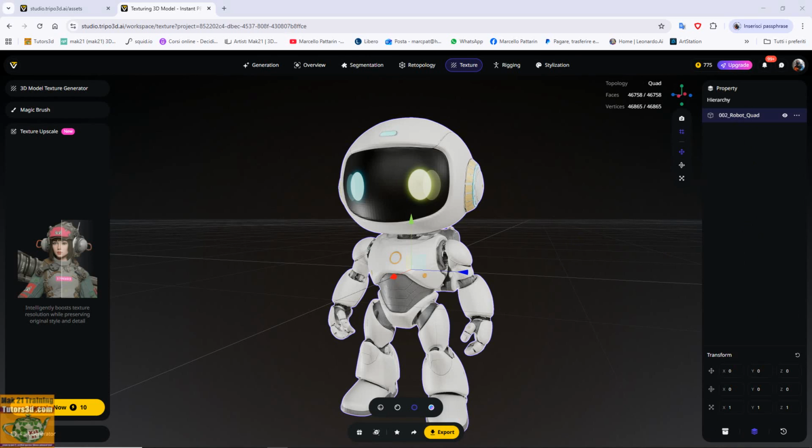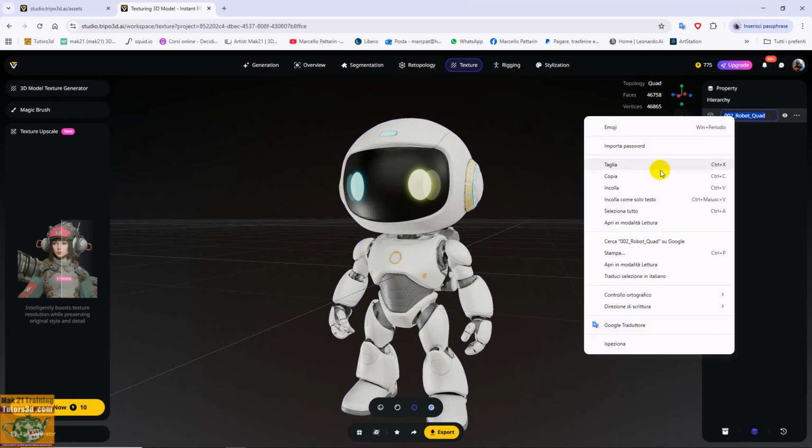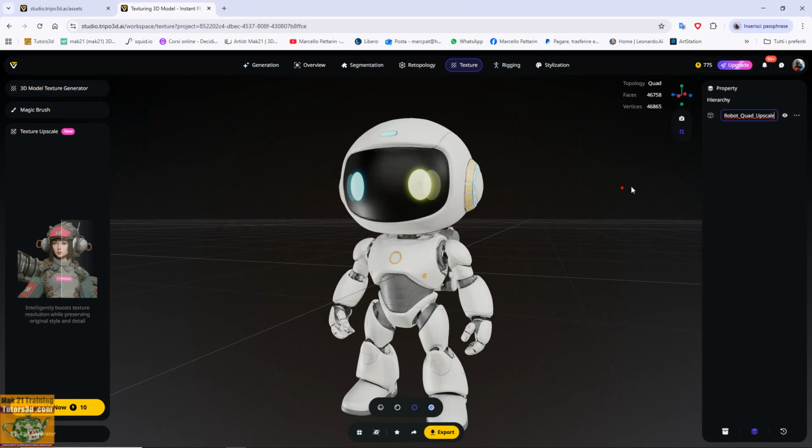I could also practically make another one, a copy. But I work on the same robot quad upscale, export robot quad upscale pivot FBX export.